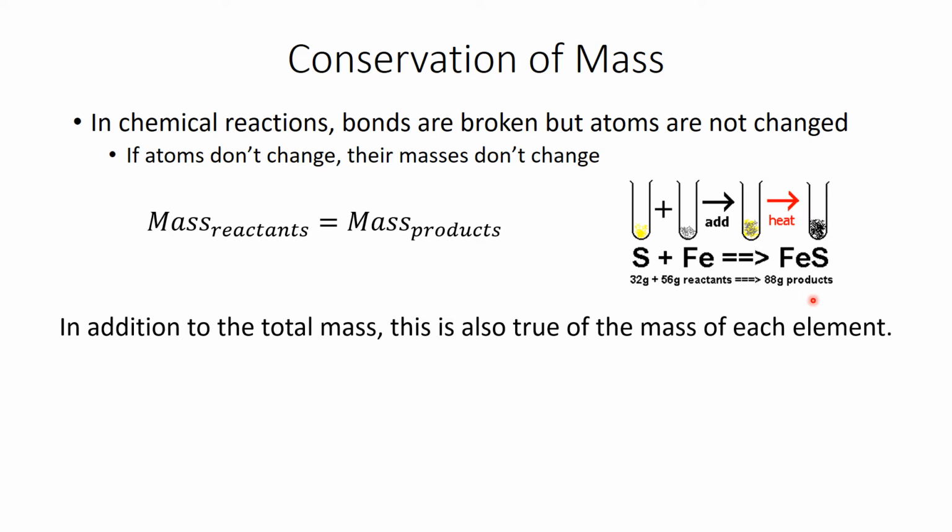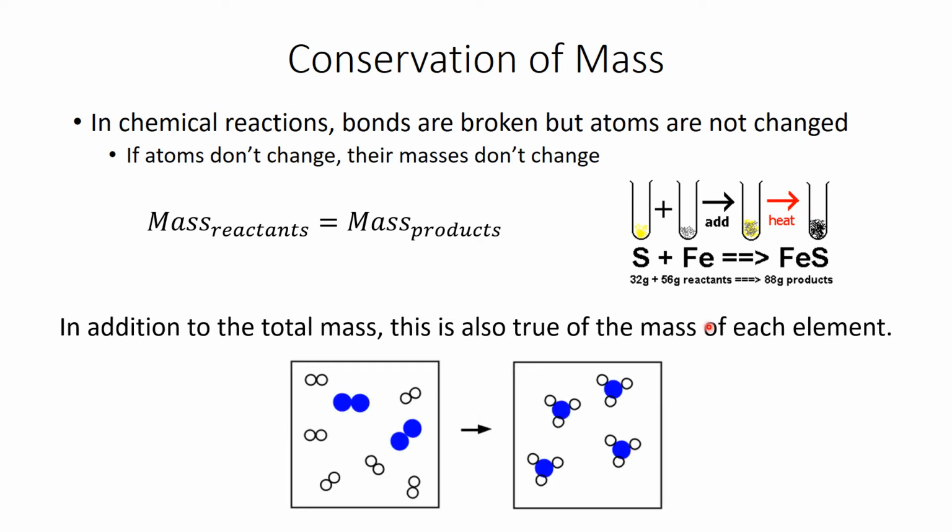So as an example here, I'm mixing two gases together and there's going to be a chemical reaction, and as you can see I have 4 blue atoms on the right side and 4 blue atoms on the left, and then I have the same number of white atoms on the right as I have white atoms on the left. So they're reforming, they're recombining, but the total number is always going to be the same, so the total mass is always going to be the same. So I just wanted to recap that a little bit for you after class,